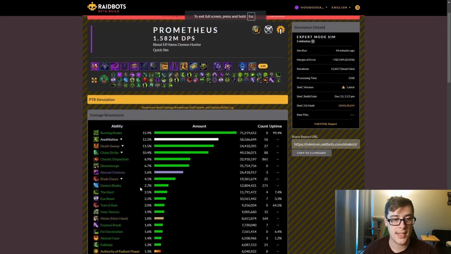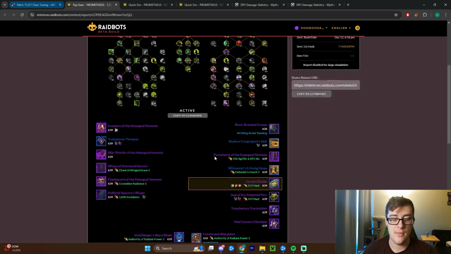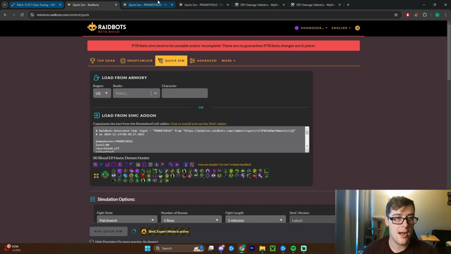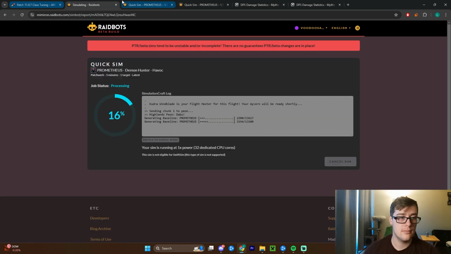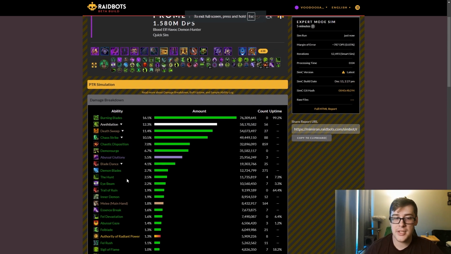We look over at this other quick sim. This is unbuffed. Oh no, this is with the ring. I actually forgot to run one. We'll do that real quick here. So that's gonna run. But without this stuff, nothing too crazy. Hunt's 2.5%, Fellblade down here 1.3%. So it's not like we're getting a crazy amount of buffs here. Wow, that's taking forever. Whatever, we're not gonna run that, but we are getting some stuff which is